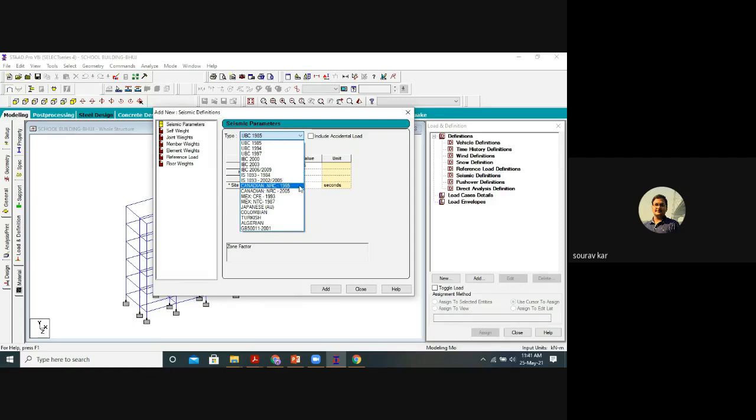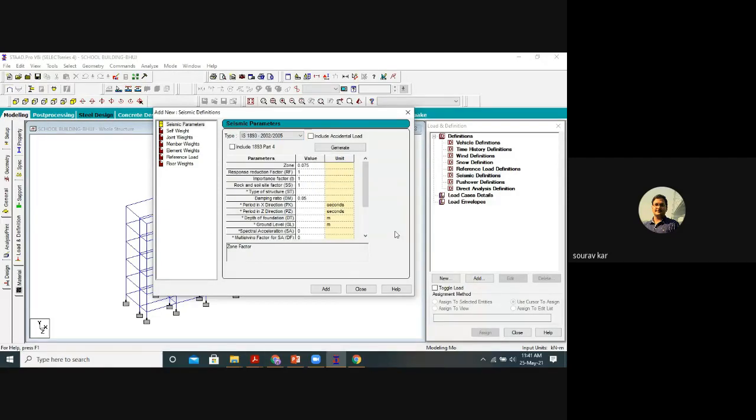Another is IS 1893 2002 code. The latest version, STAAD Connect, also has the 2016 code, but it is not used in many offices. So we are using the 2002 code, no problem.